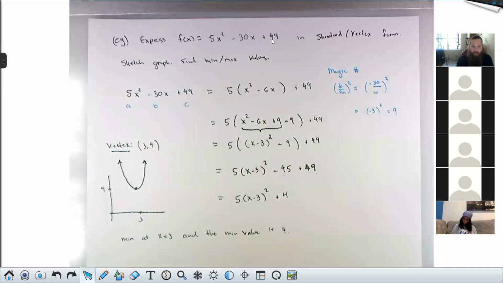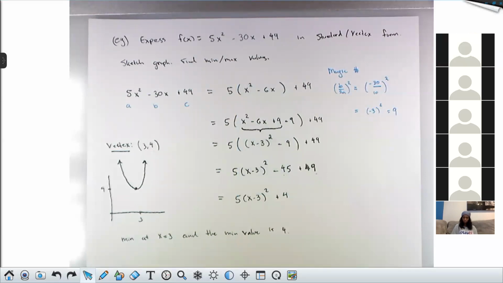So hopefully this isn't too intimidating. You guys have seen plenty of parabolas in your past. The only new thing here is completing the square, right? Which is an important procedure. We will use it later in the semester when we talk about conic sections in general. And you'll use it quite a bit in Calc 2 when you get to certain integration techniques and elsewhere. Any questions on what we did here?